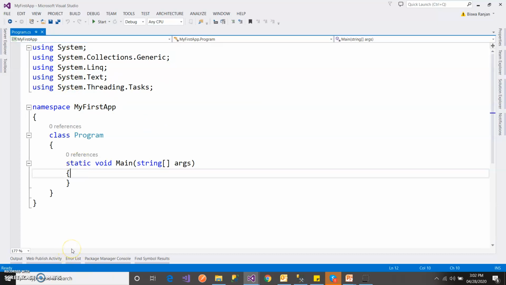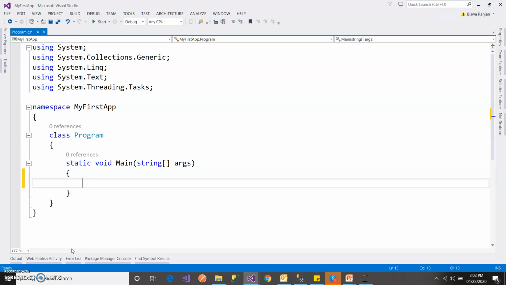Okay, so we will learn how to print hello world in C#. In C we use printf, in C++ we use cout, in Java we use println.